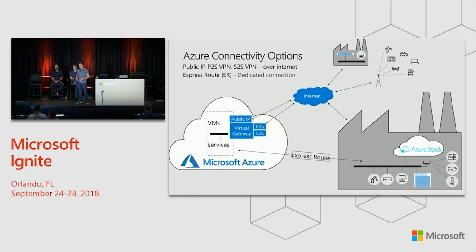So we're going to draw this picture a little differently now, showing which things come in over the internet, and which things come in through ExpressRoute. When you use ExpressRoute, Windows Server isn't really in the picture, so we're not going to focus on that too much, because it's connecting from the Azure infrastructure directly to your on-premises network, and you're using the endpoint devices provided by the service provider. Where it gets interesting for Windows Server is when you go through the internet, because we have a number of options there, primarily through the remote access service and through the VPN client that runs in Windows to connect you either to point-to-site or site-to-site.